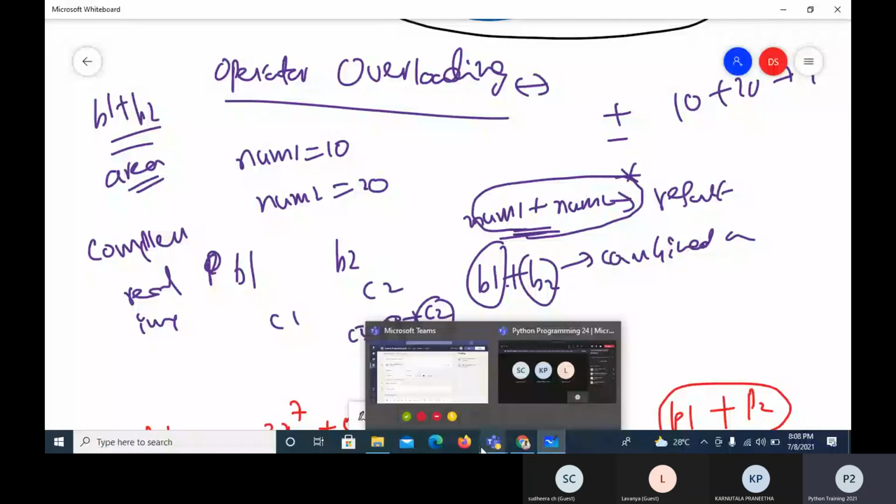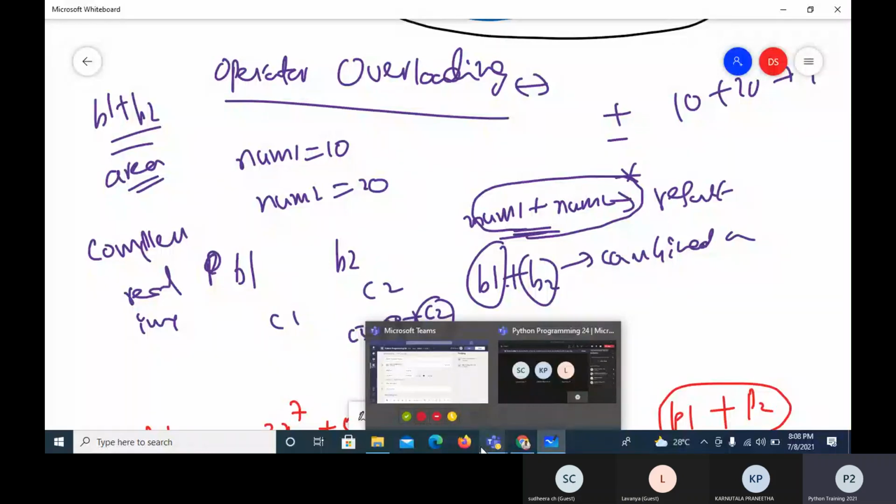Similarly, I want to add 2 boxes. There is no meaning in adding 2 boxes, but my requirement is when somebody tries to add boxes, I want to know the combined area of the 2 boxes. So it is not a straight addition. If it is a polynomial, okay, we can do addition. It is meaningful if I add 2 polynomials, but it is not straight addition.